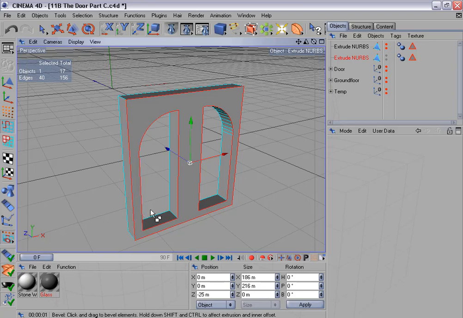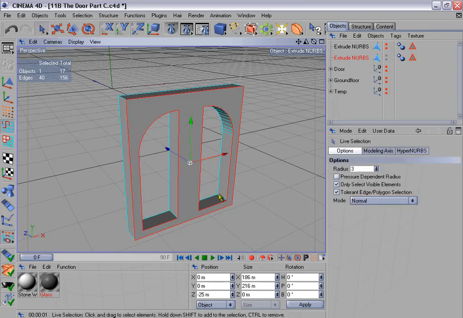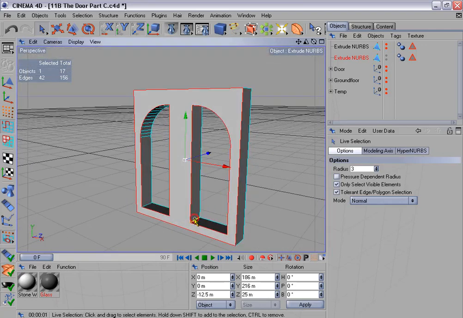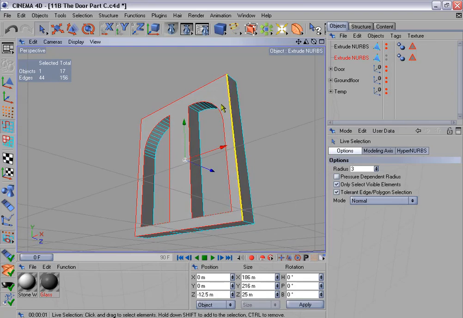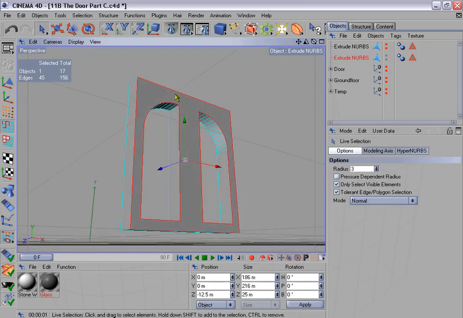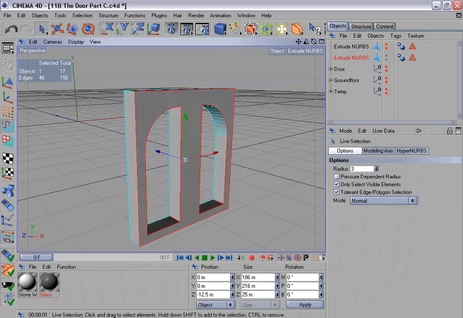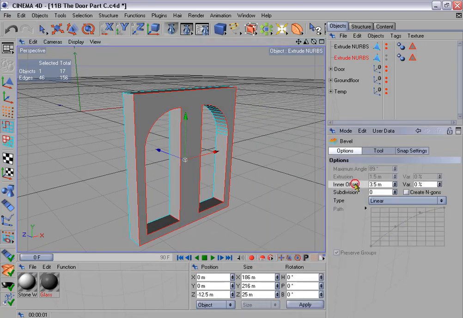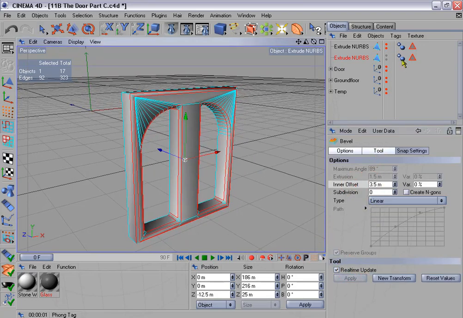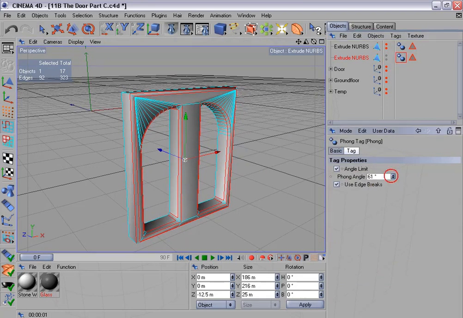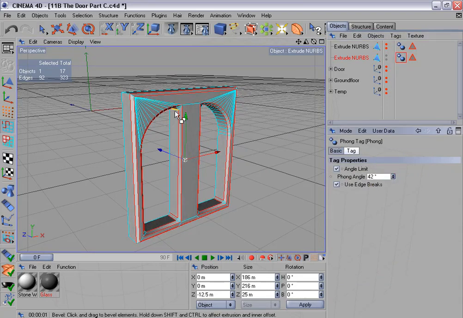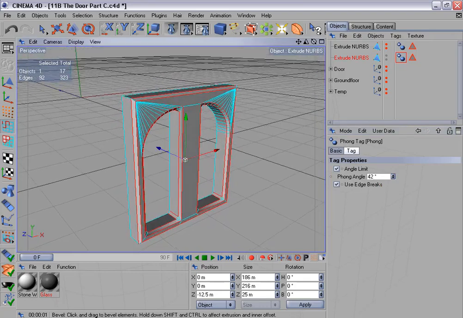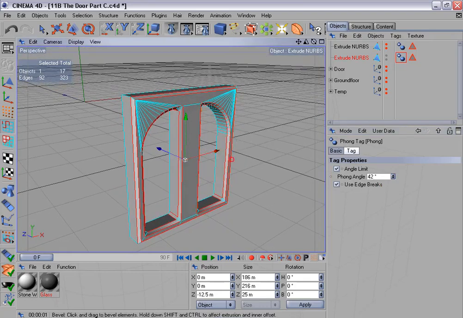selected now that I want to bevel, but I probably also want to bevel the edges in the corners down here. Okay, and in this corner up here. Now let's right click bevel, and I'm using an inner offset of 3.5 here again. Now let's reduce the Phong angle, and you can see I didn't check the create n-gons function when beveling these edges, so we're getting